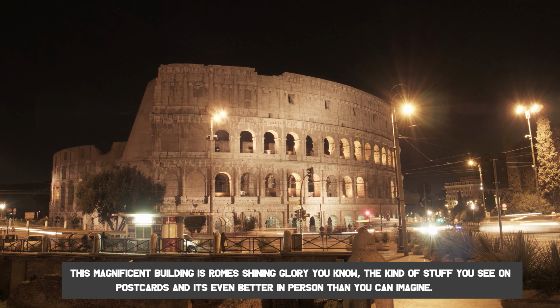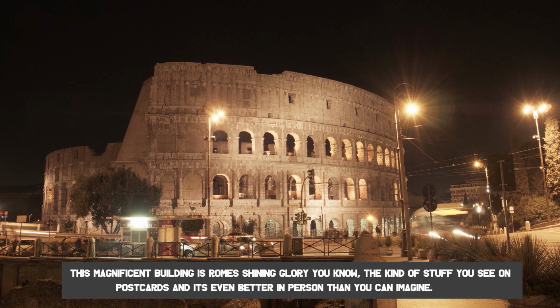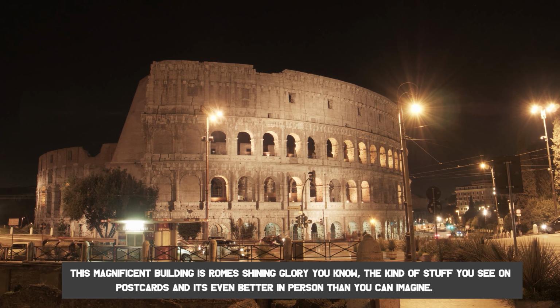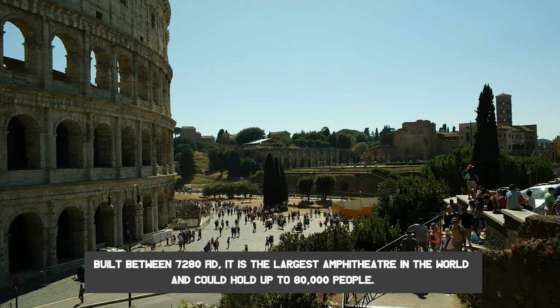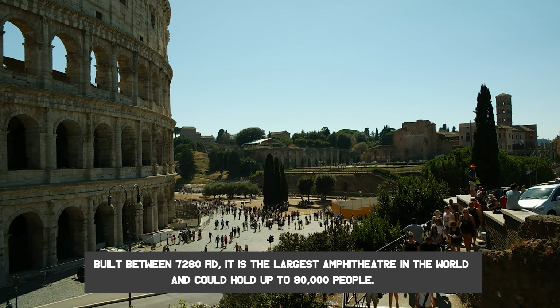This magnificent building is Rome's shining glory, the kind of stuff you see on postcards, and it's even better in person than you can imagine. Built between 72 to 80 AD, it is the largest amphitheater in the world and could hold up to 80,000